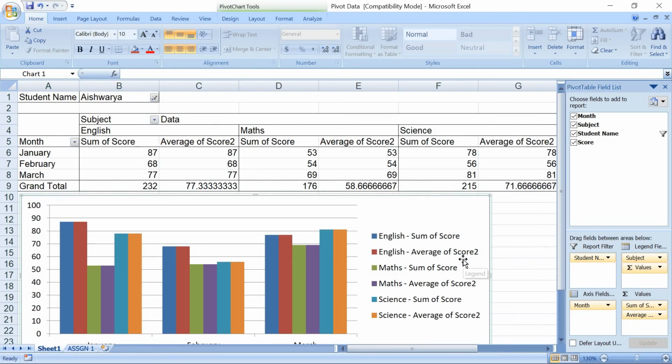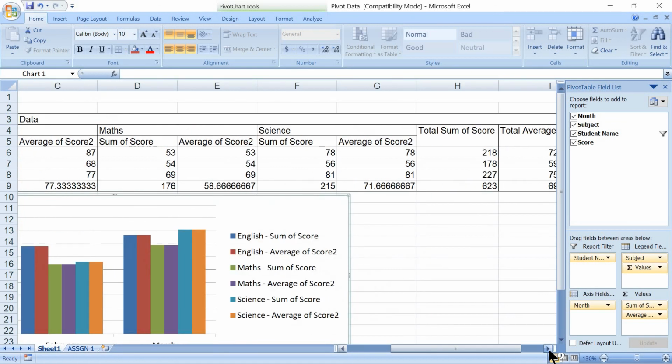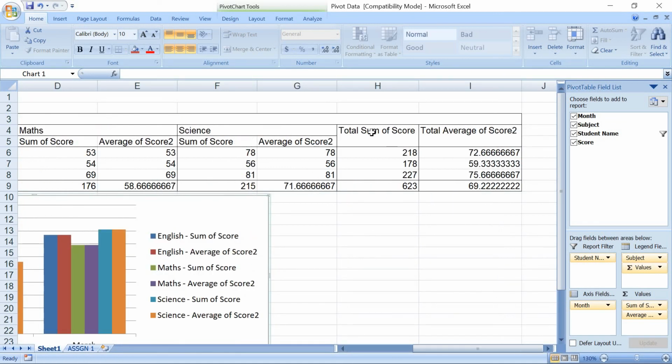Click OK. Now we can see the total sum of score and the total average of score, correct?